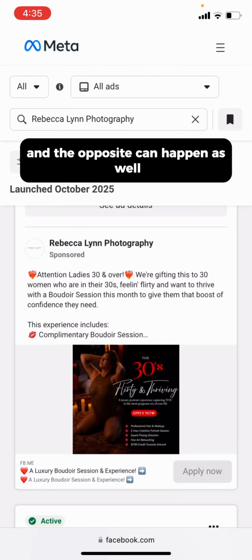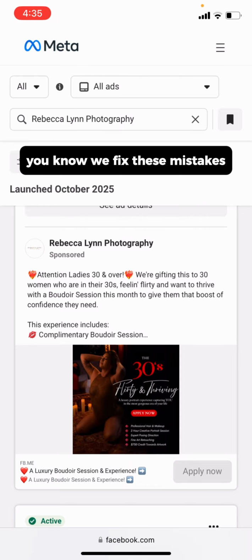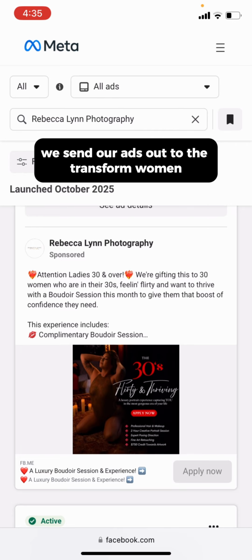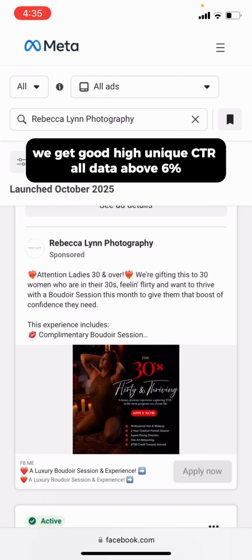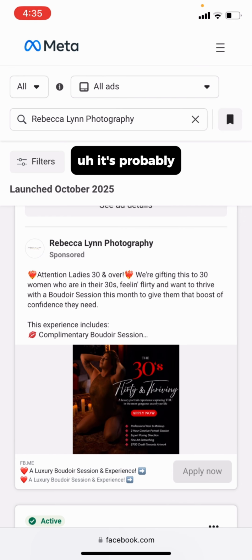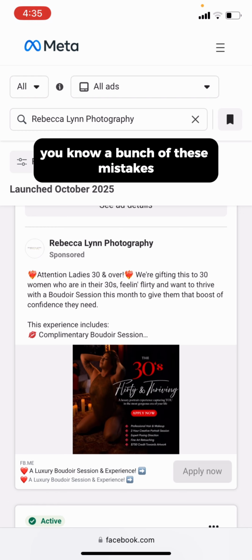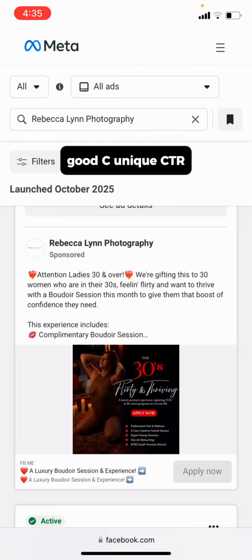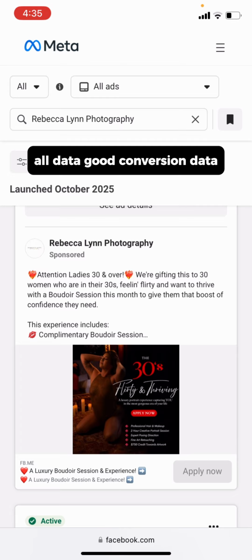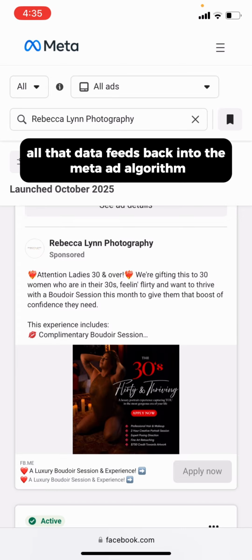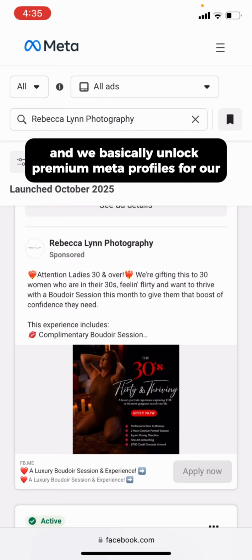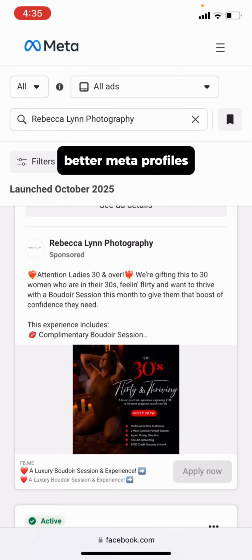And the opposite can happen as well. We fix these mistakes, we send our ads out to the tranche one women, we get good, high unique CTR data above 6%. If we go look at our CTR data, it's probably below 6%, and we're probably making a bunch of these mistakes I'm going to talk about. But if we fix them, good unique CTR data, good conversion data, guess what? All that data feeds back into the Meta ad algorithm, and we basically unlock premium Meta profiles for our ad to go to for tranche two, better Meta profiles,